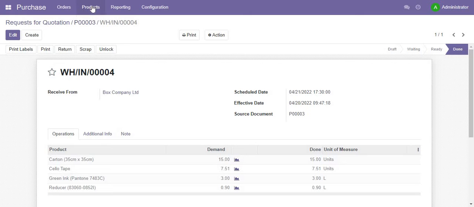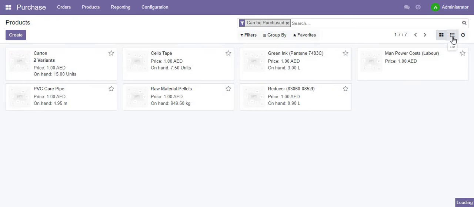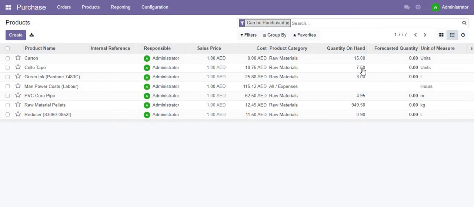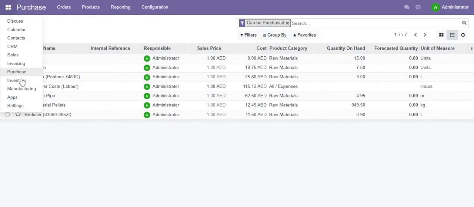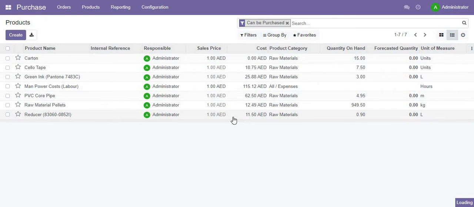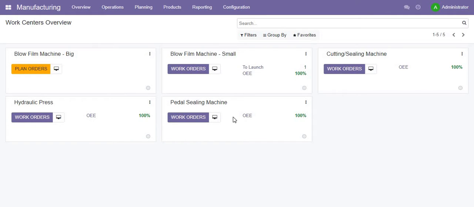Alright, now all of these products are in the stock. Now let's have a look at our inventory. Here it is. We have all the products that we bought from the vendors. Everything is in the stock. Let's now have a look at the manufacturing order. Earlier it used to say that a component is not available, but now